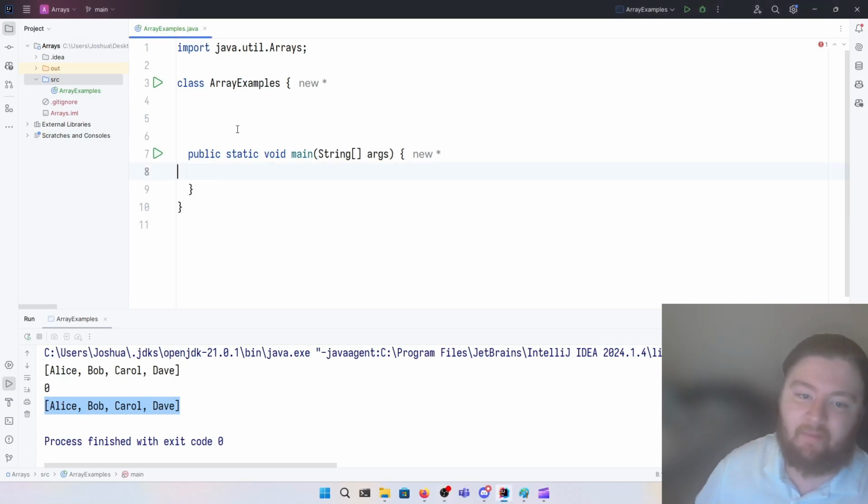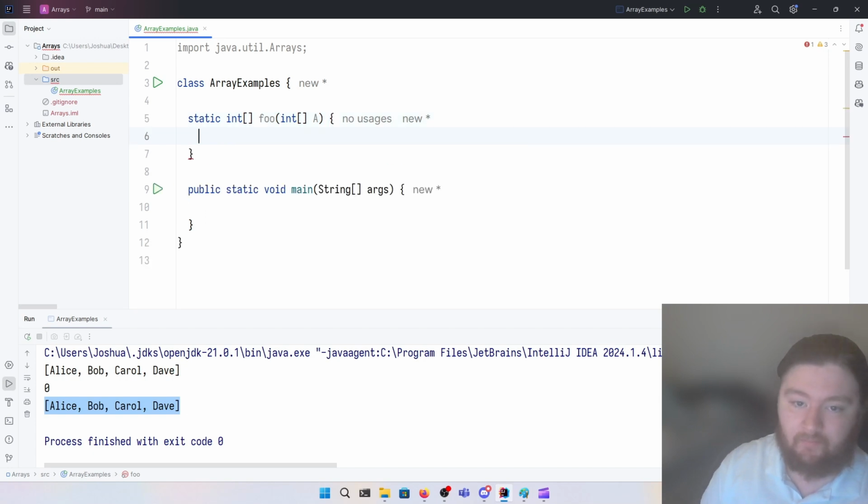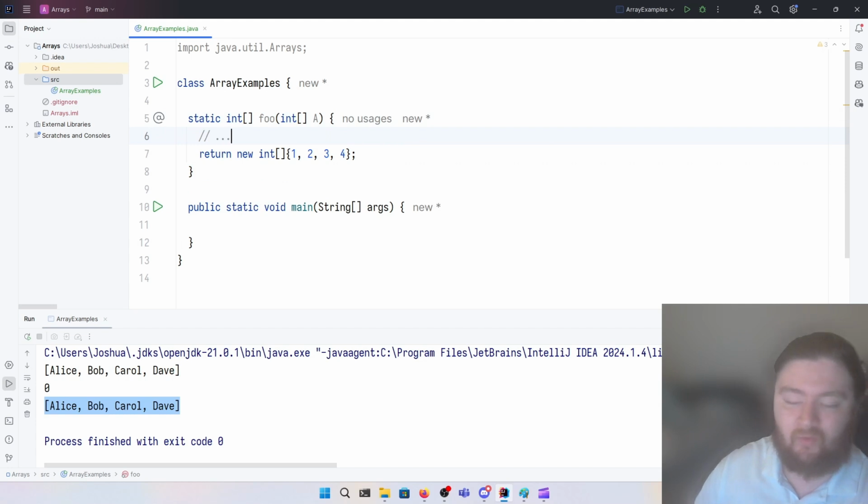In this video, I want to talk about how to test array-based methods. So let's say that we're writing a method that returns an array, and let's say it does something with another array. Okay? So let's say that just for the sake of this example, that it always returns the array of values 1, 2, 3, 4. Okay, so in actuality, when we're writing more complicated methods and methods that actually do things, which we'll do in the next video,